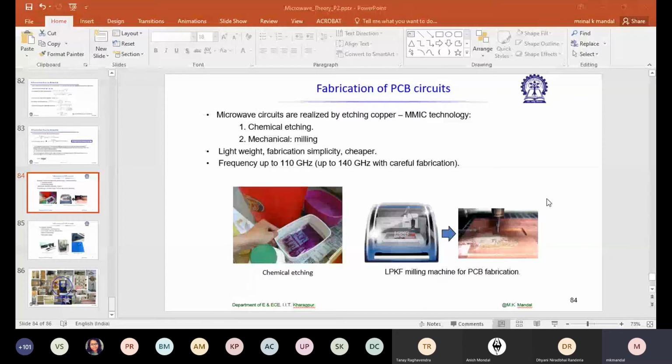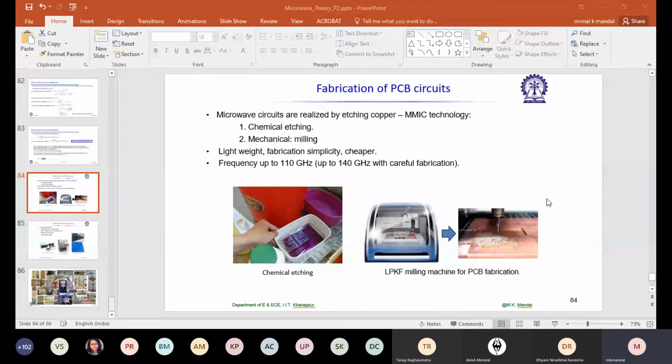When we have the PCB structure, from the market we buy a substrate covered with copper on both sides. Now, when I'm designing a microstrip line based circuit or any other guiding structure based components or circuit, we want metal in some parts and in other parts we want to take out the metal. That's all. Usually the dielectric part remains unaffected.